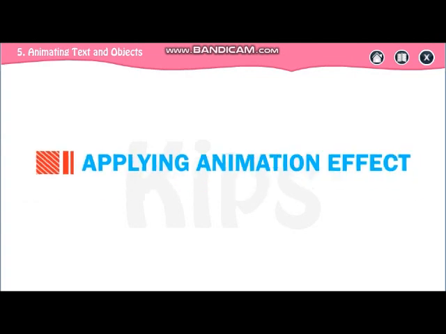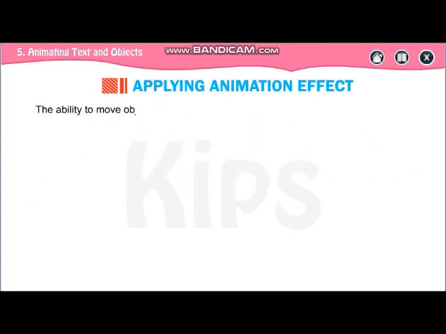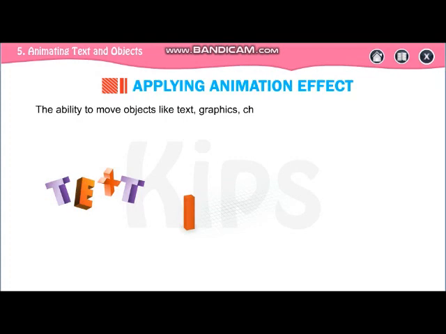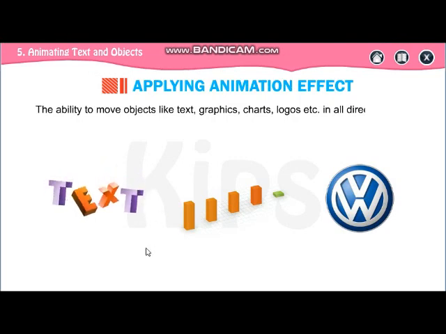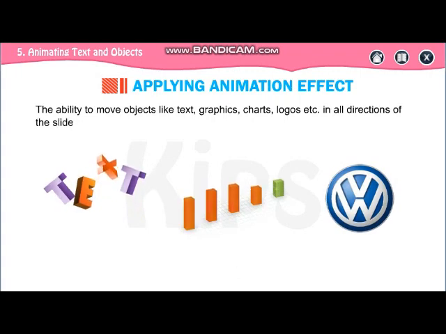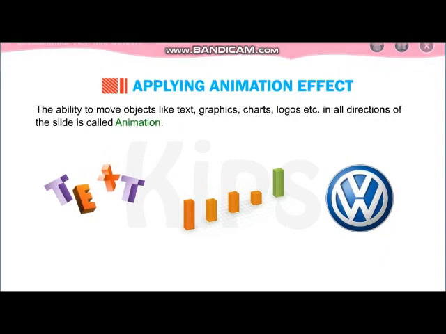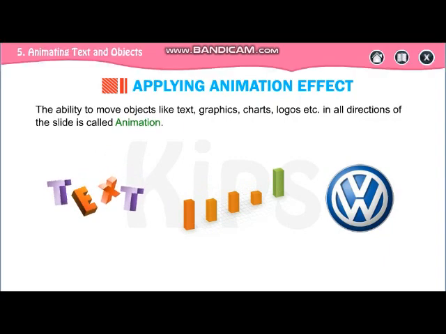Now how to apply animation effects? The ability to move objects like your text, graphics, charts, logos, etc. in all directions of the slide is called animation.